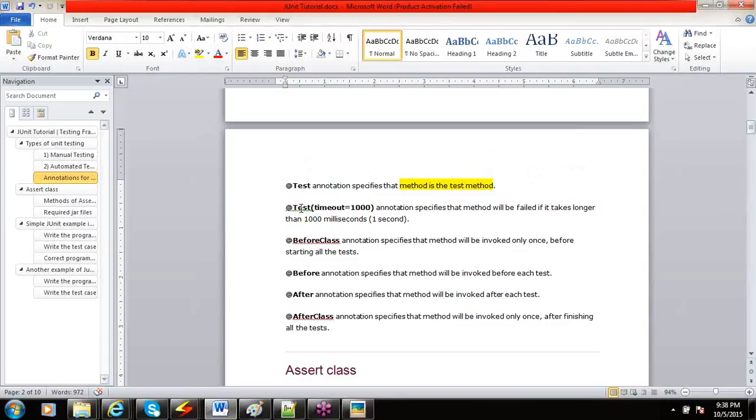And @Test with timeout. This annotation specifies that the method will fail if it takes longer than the given 1000 milliseconds. So timeout is an attribute which takes a value in milliseconds. And @BeforeClass